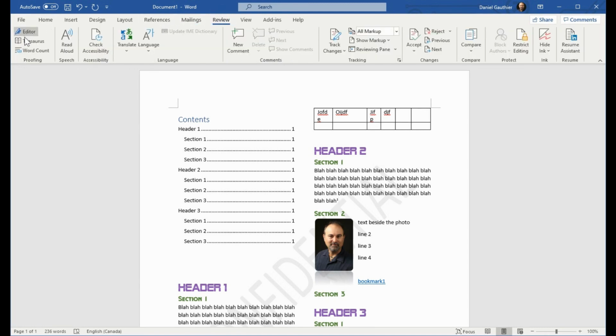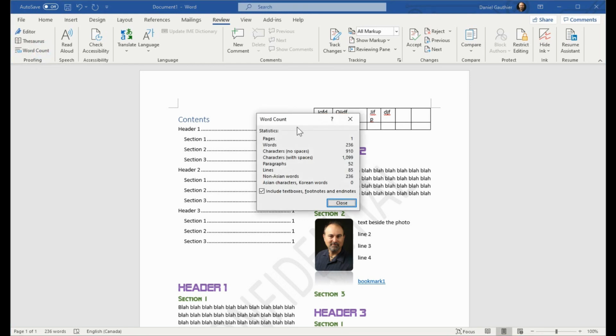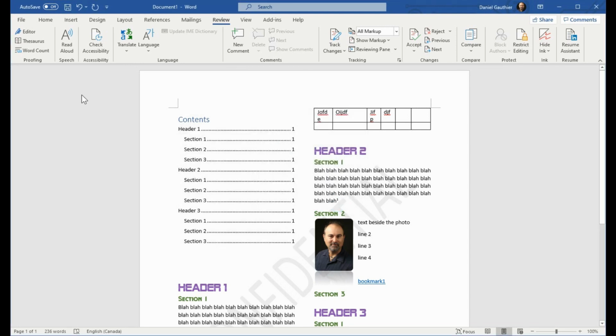With the review tab, you can do a bunch of things from the editor we've seen already. There's a thesaurus, and even looking at your word count to see how many pages, words, and characters and so on that you have. So especially for school, if you wanted to see how many words your essay has, you can see, do you actually have that many words? There's a speech feature, which has always been a work in progress, but you can see how that works for you. Especially the more clear you are in speaking, then you may get a better translation.